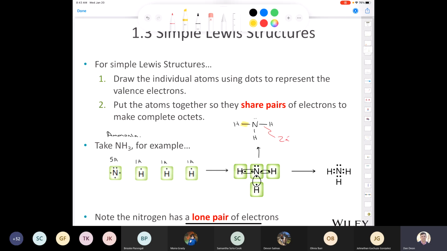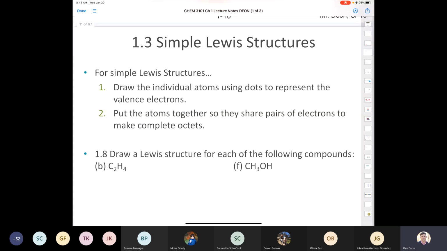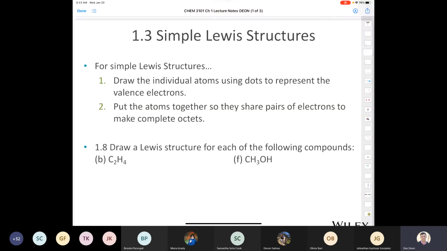Okay? Give me a thumbs up if you remember how to draw a Lewis structure, or if you're like, you know what, Mr. Deon, give me 20 minutes and I'll remember. It was a long break, but I need to. If you need to practice Lewis structures, what would you do? If we're only 20 minutes into the lecture and you're lost or struggling, and we're only in the first couple slides, that's nothing to panic about. But where would you want to go? I would head right for the textbook and start looking at practice problems and doing some practice